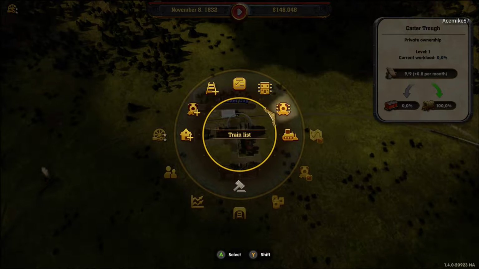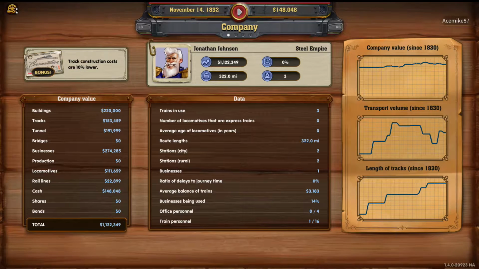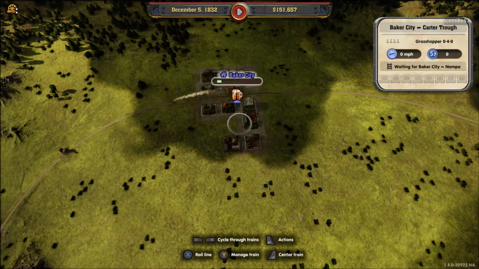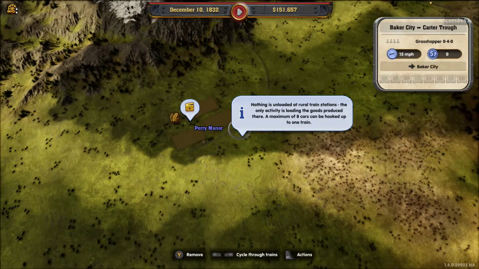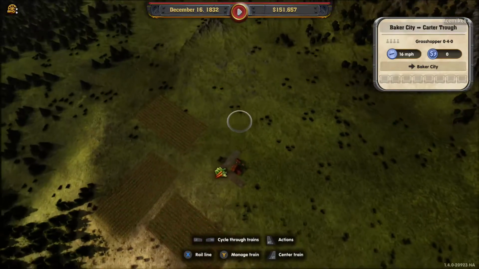Okay, let's have a look. Company. Would tell us the report. Income and expenditure. So our income is higher than our expenses. We'll make profit from our brewery as well. So we want to try and get this rural station to...